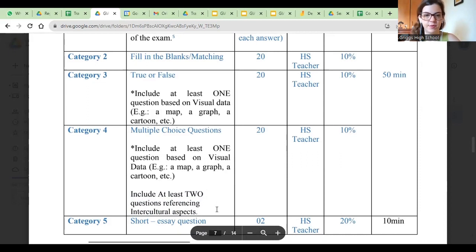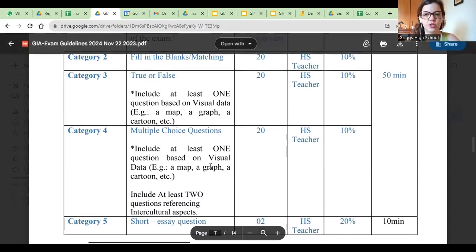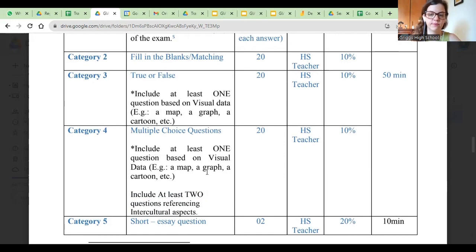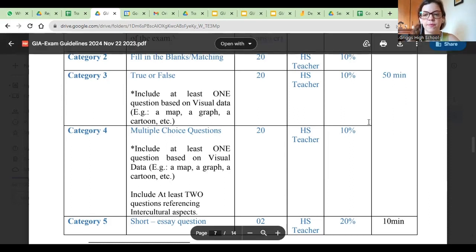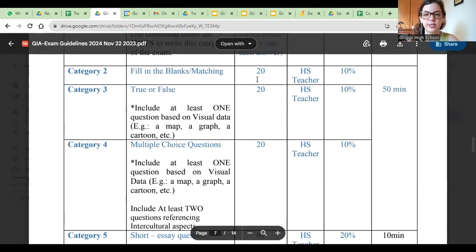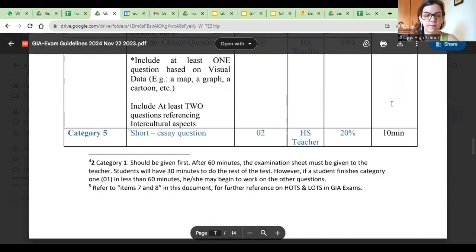Of course, you're not going to memorize everything I'm saying here. I'm just showing you that this table is very valuable. So when you are sitting down to write your exam, please return here so that you do everything right. Otherwise, when you submit your exam, it will come back to you for you to do it again, okay? And for these 3 categories, the students have 50 minutes to complete them.